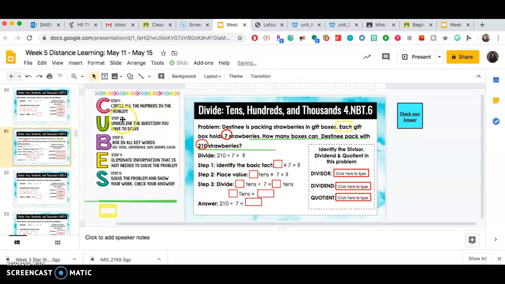Okay, let's continue with our steps. Let's go to step 2. Underline the question. I already did that for you. How many boxes can Destiny pack with 210 strawberries? And lastly, let's box in all keywords. That's step 3. Box in all keywords such as total, difference, sum, groups, and each. I see that we have the word each here, so I am boxing that